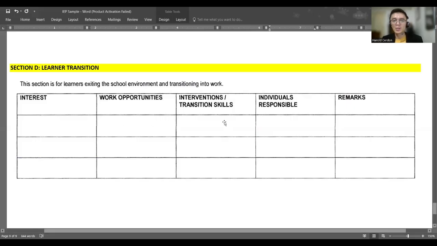And then for the third column, transition skills. What are the interventions that you are planning for the child to take in order for that child to be skilled on that work? So, for example, my interest is on plants, and the child's interest or Alex's interest is on plants, and the work opportunities that I'm considering for Alex is, Alex might be or could be working. Alex could work as